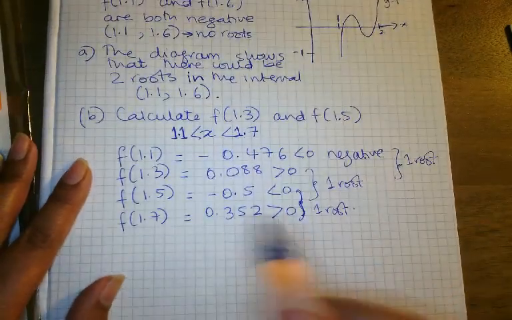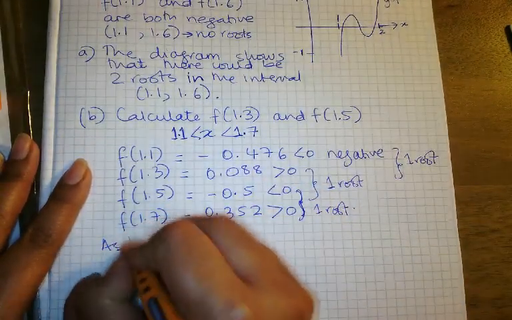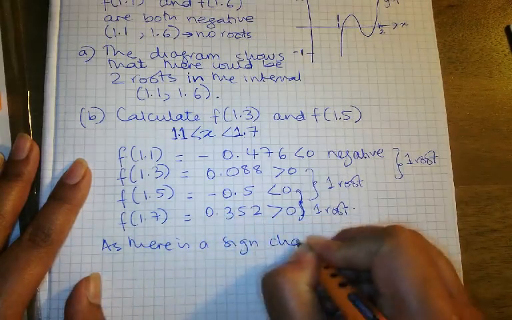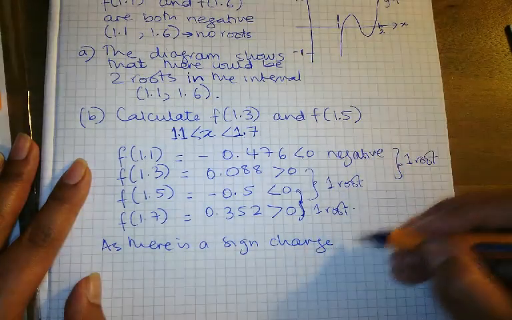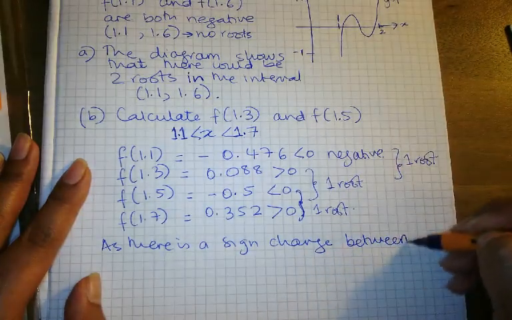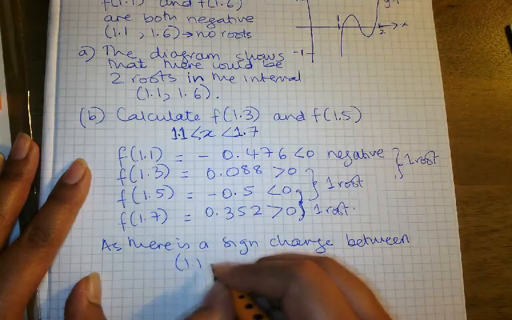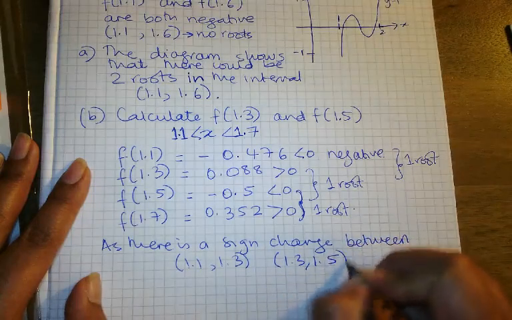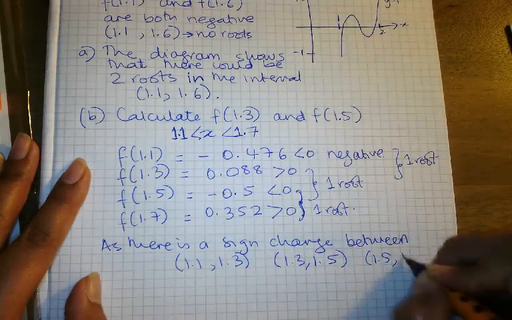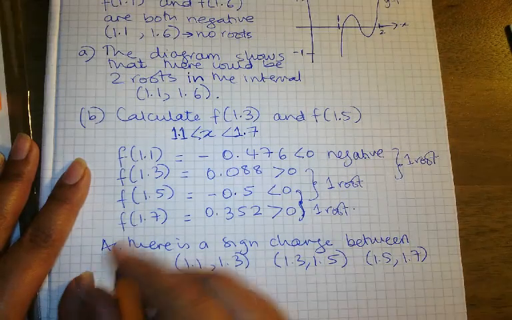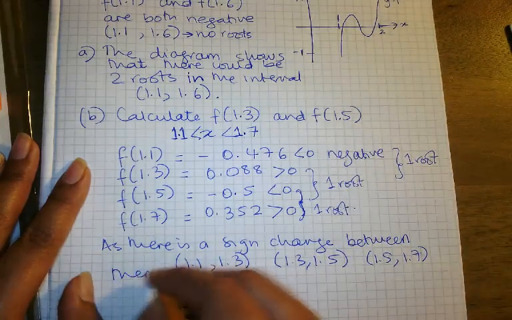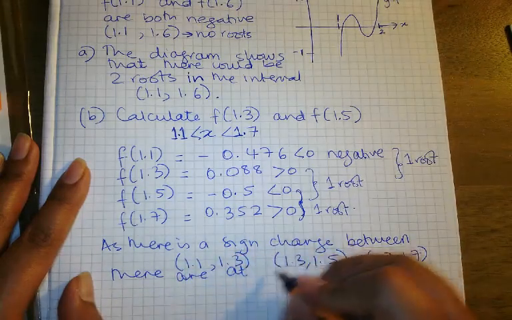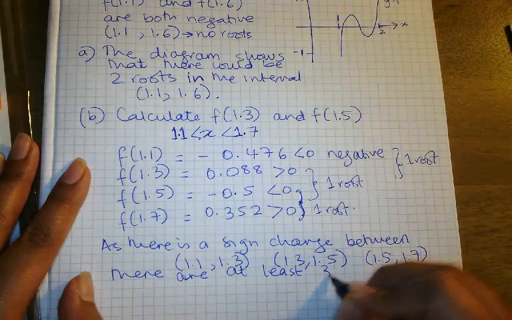So as there is a sign change between 1.1 and 1.3, 1.3 and 1.5, 1.5 and 1.7, there are at least 3 roots